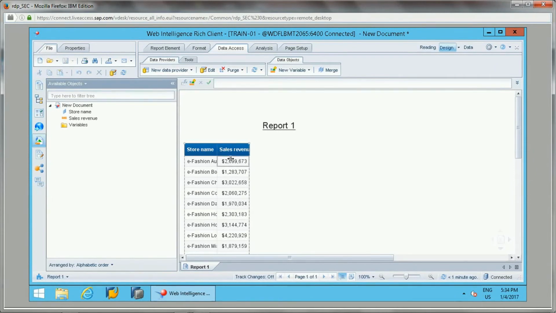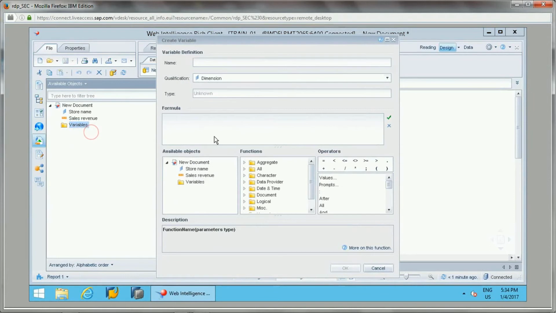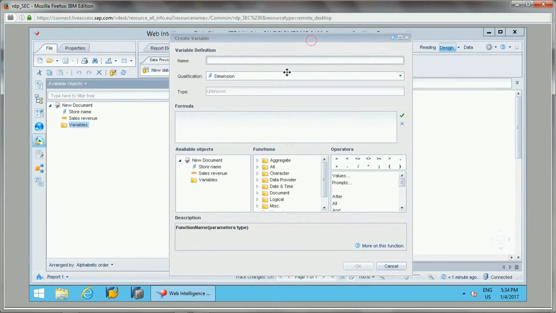I will add store name and sales revenue as two objects here from the eFashion universe. So this is the data. For this, I just wanted to get the average sales revenue for each block. For each store name, I wanted to take the average. So what is the value? I'll say average sales revenue.